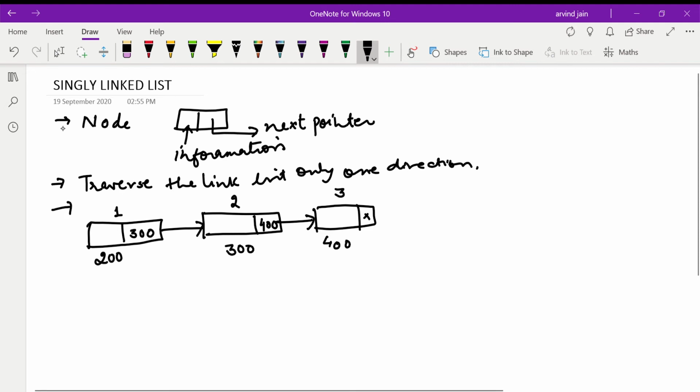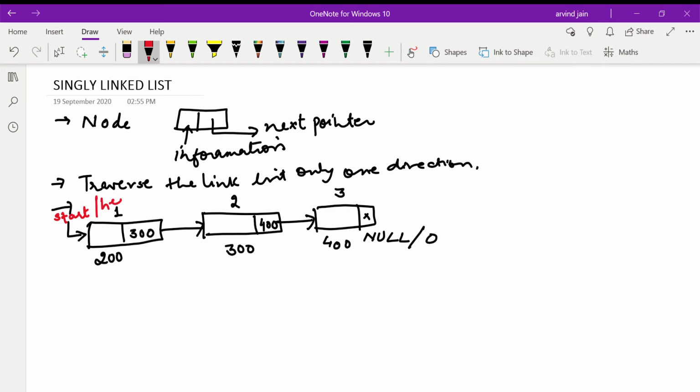To represent this, it will contain either null or we can write 0. Another thing is we take a pointer which holds the address of the first node in the linked list, named start or head pointer.